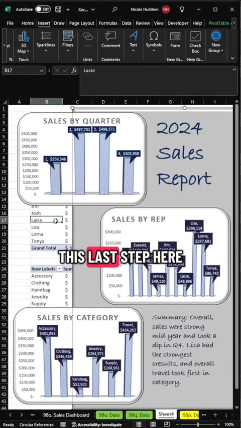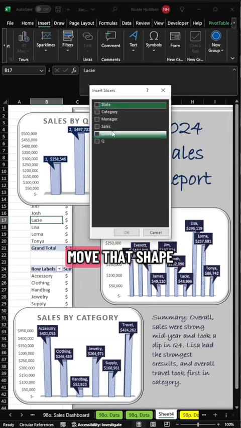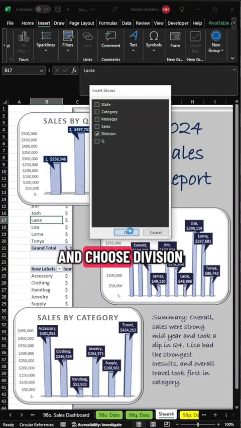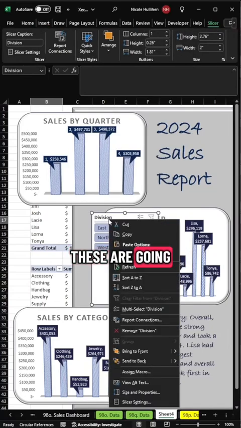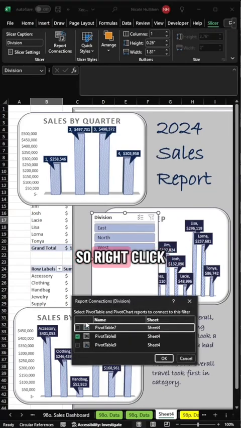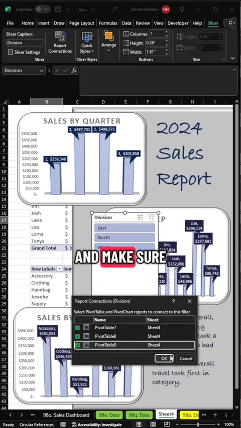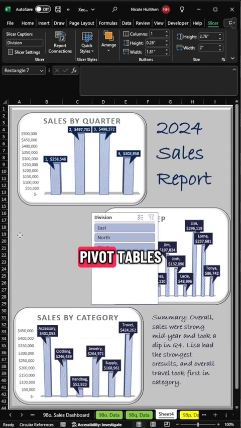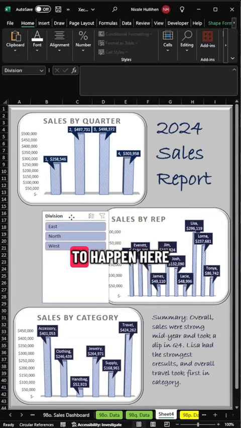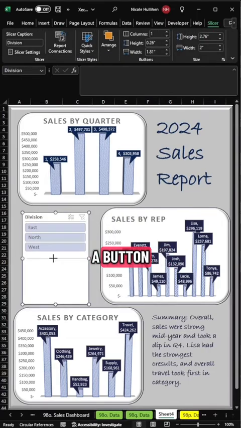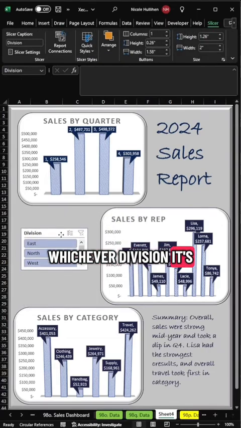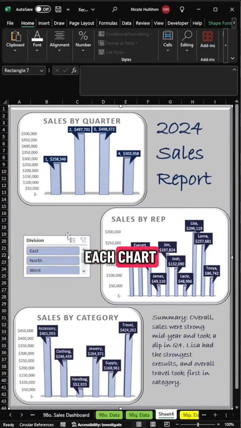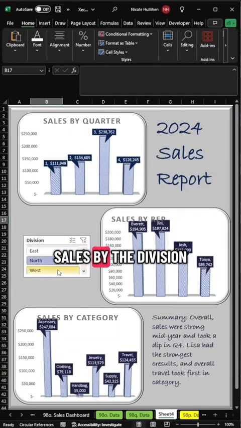And then for this last step here, we need to go back to our pivot table. So what I'm going to do is just move that shape, insert a slicer, and choose division. These are going to function as filter buttons. So right click on report connection and make sure you select all three because we want this slicer to control all three pivot tables. So what's going to happen here is every time we click on a button, whichever division, it's going to filter each chart, and it will be the total sales by the division,